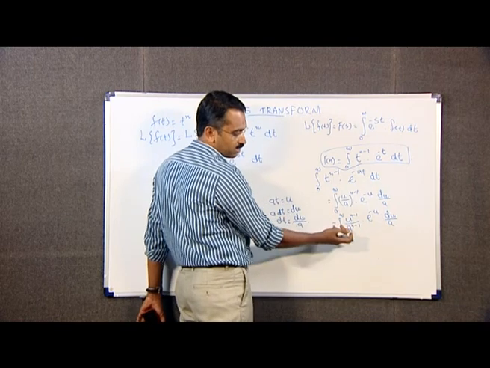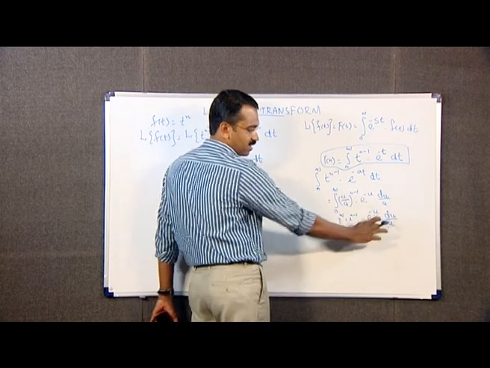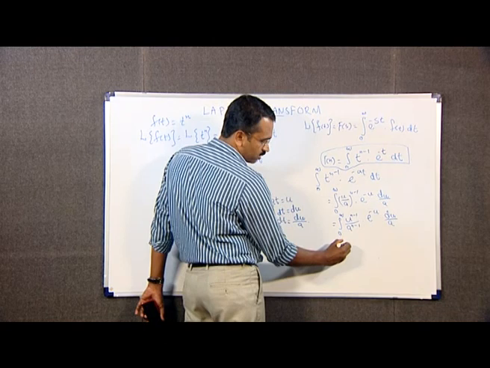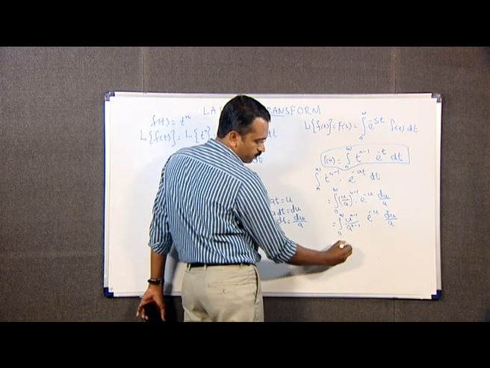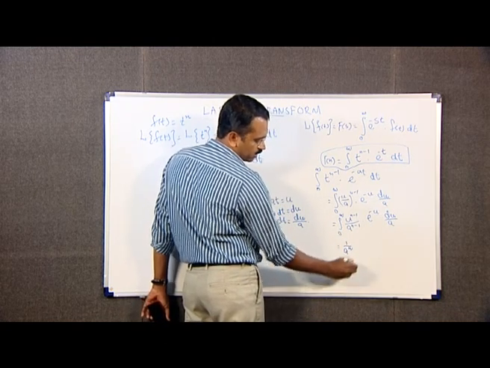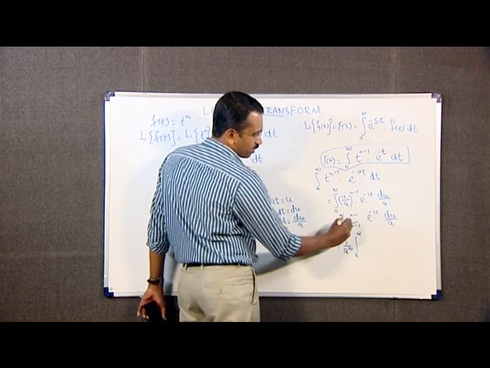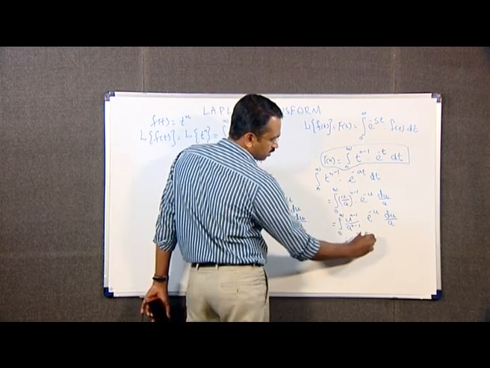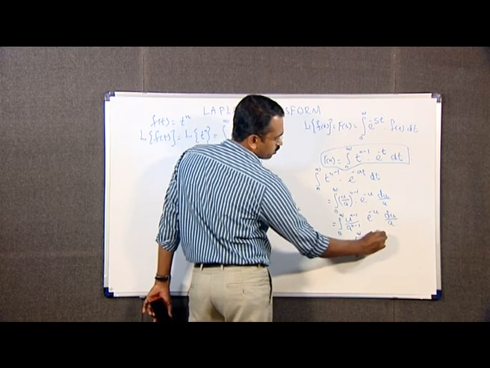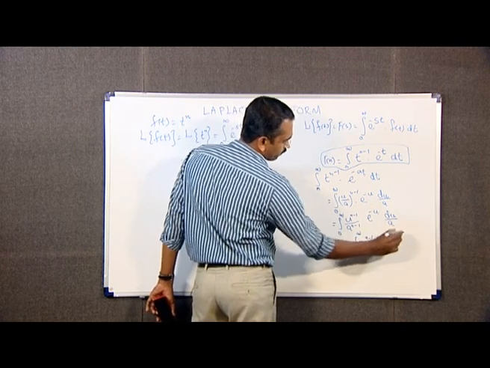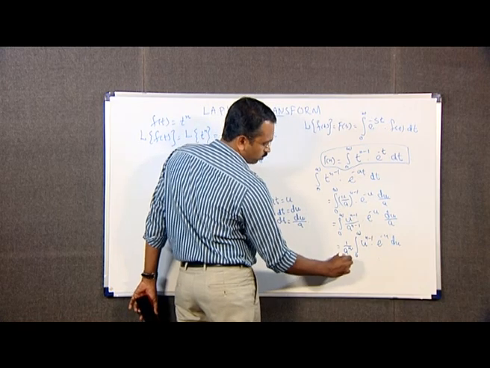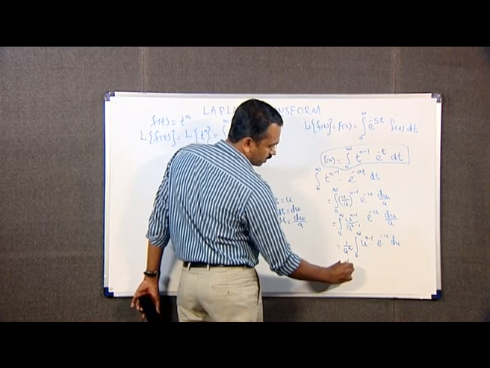That a raised to n can be taken outside because the integration is with respect to u. Therefore, this is equal to 1 by a raised to n into integral from 0 to infinity u raised to n minus 1 into e raised to minus u du, which is equal to 1 by a raised to n into,